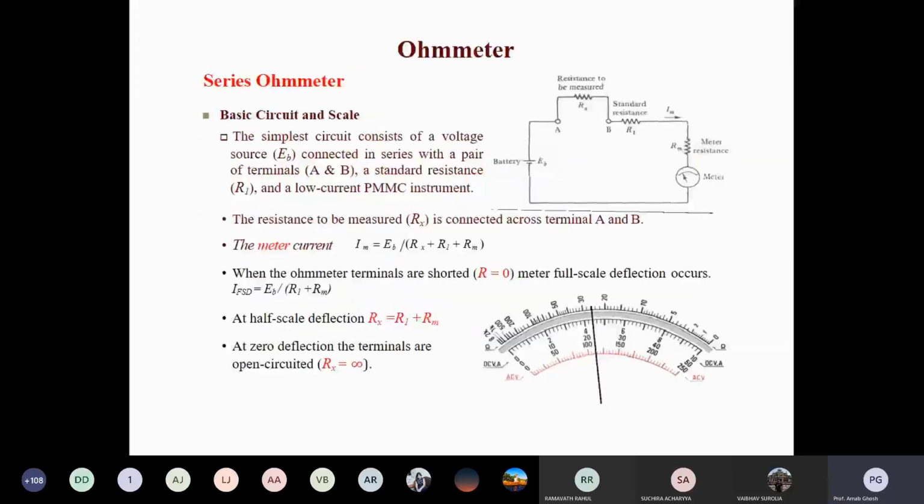Ohm meter means what? Normally the ohm meter has also been discussed in the measurement of resistance chapter. So it has several important features: measurement of low resistance, measurement of high resistance, and measurement of very high resistance. As per the measuring process, different methods are included. For low resistance measurement, what are the normal standard methods? Direct method, indirect method.